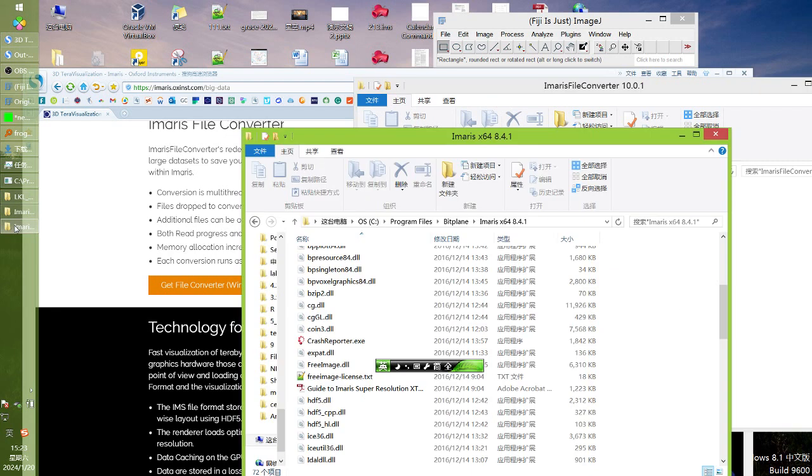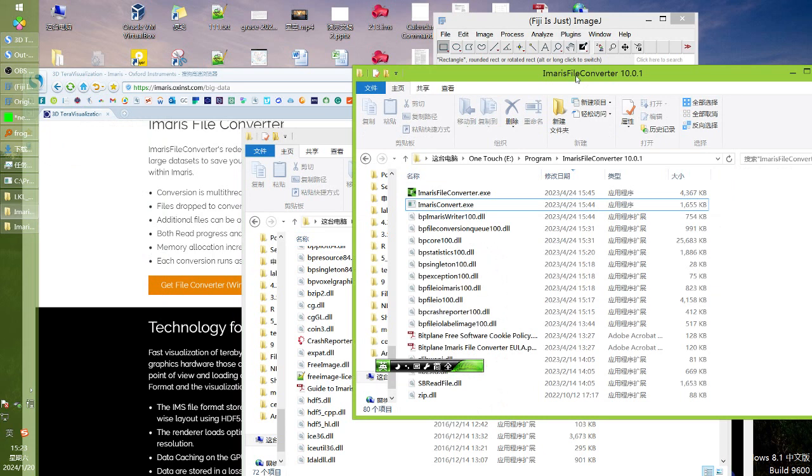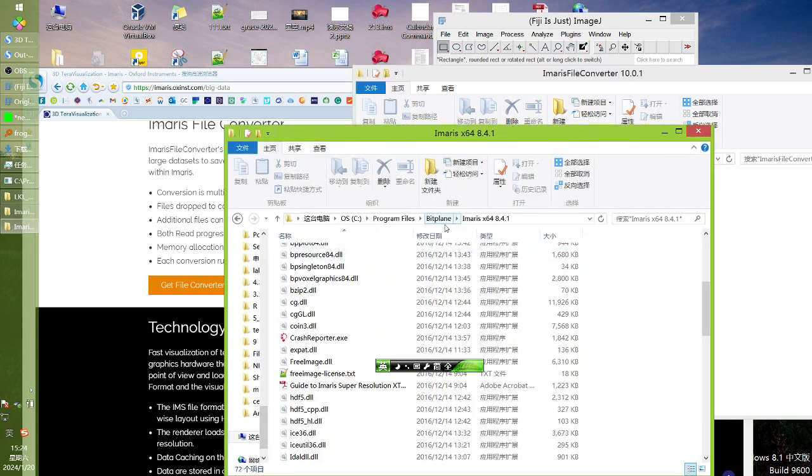for example, Imaris 8 or 9. I think most of them are okay. So you only use the new one when you encounter problems, but never try the new one first, because they are discontinuing the support for converting to TIFF, which is very important. TIFF is more frequently used. So first try Imaris 8.4.1, copy it from the EGS computer, and you can copy it to your local disk for utilization.